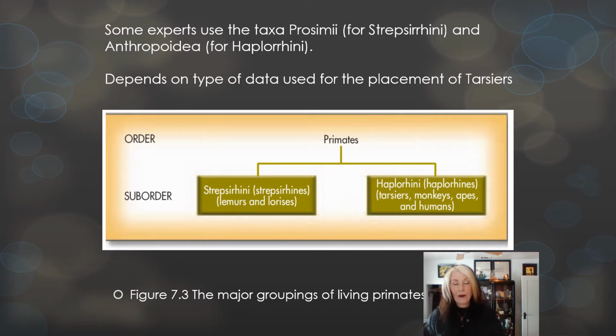But we're going to learn about taking a look also at another way of dividing the living primates on the planet today, about 250 species, into either the group called Strepsirhini, or in English Strepsirhines, and the Haplorhini, or in English Haplorhines. And here you can see, drop down at suborder, Strepsirhini is often used, or like on your chart, accompanied with the more traditional organizational term prosimian, and then opposite,